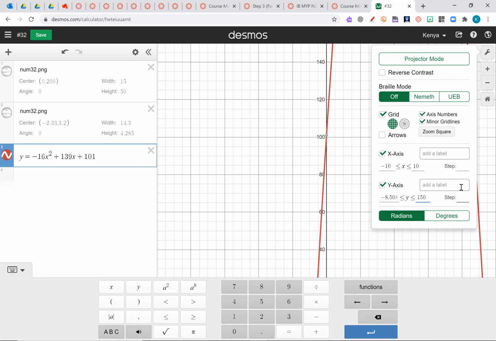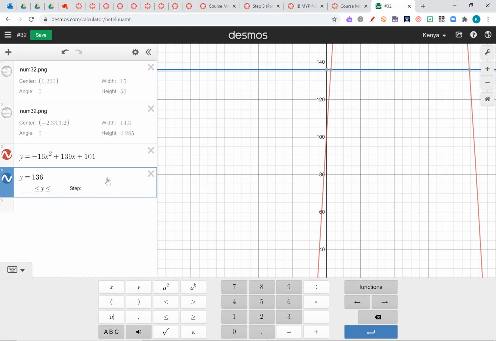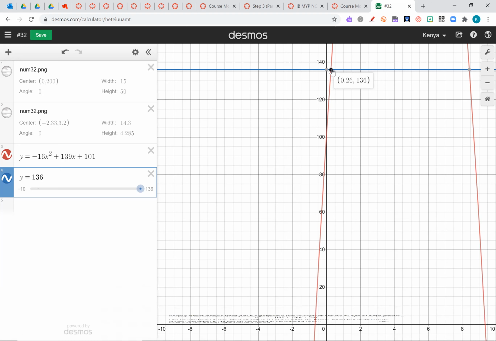Okay, that's what I'm going to do. And now I'm going to graph y equals 136, because that's the height. And voila, I can see where this line, 136, is intersecting the parabola. It's actually intersecting in 2 places like the problem said it would. So my first time is 0.26 seconds, and my second time is